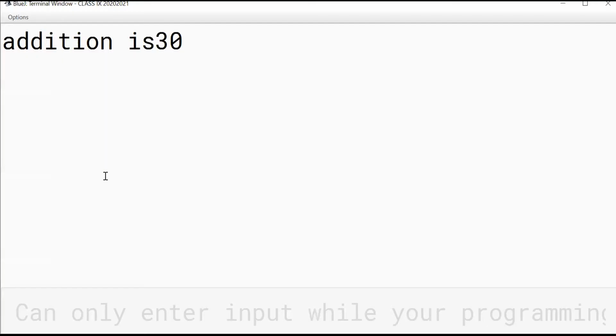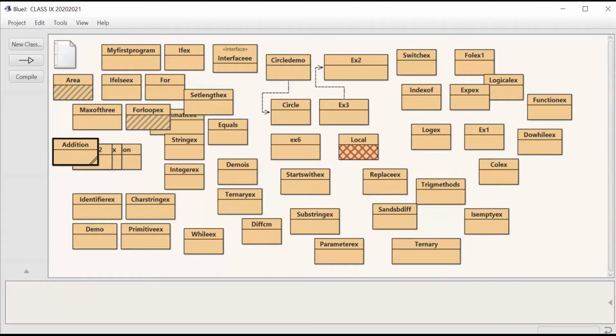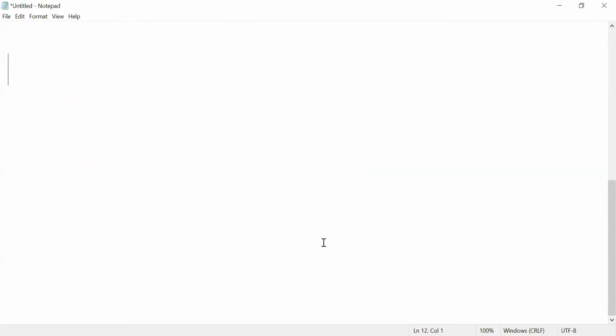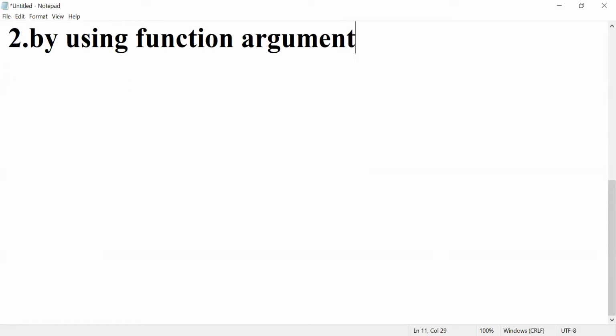Now it's done. Second method. See, second method, by using function argument. In this method, in the main method, we have to pass the arguments like this.